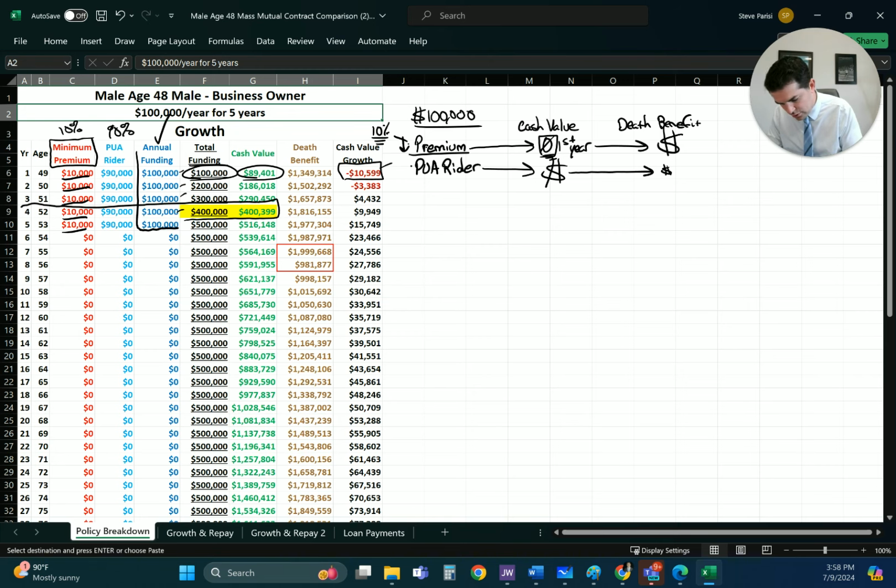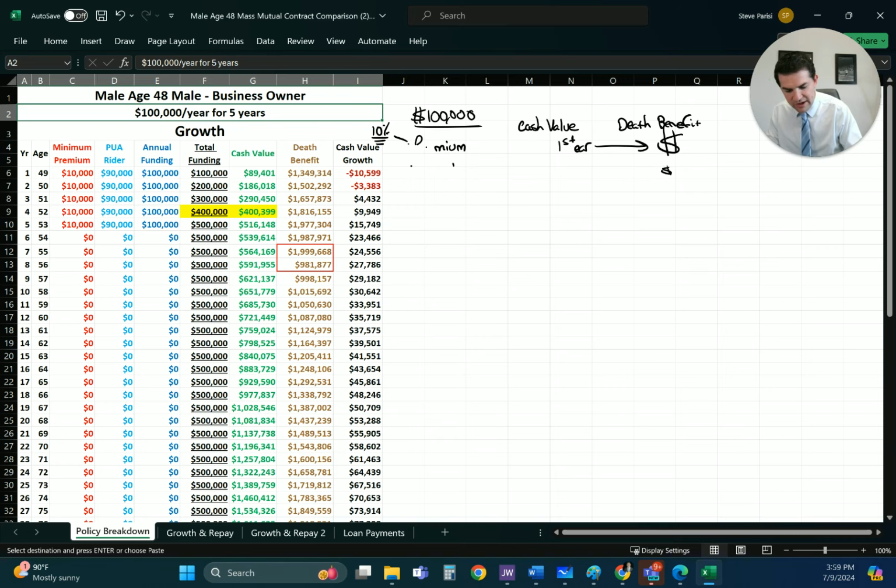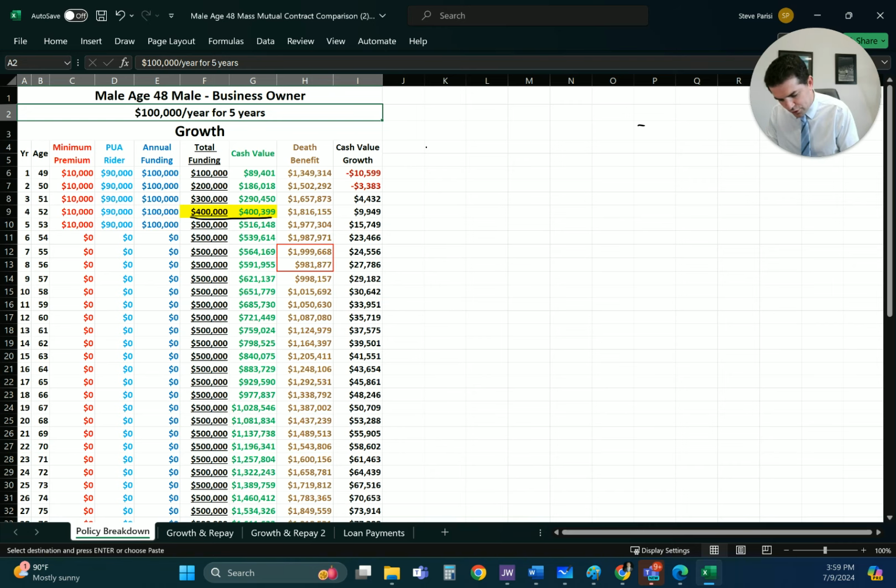Year 4, what's highlighted in yellow, represents his break-even point. At this point in time, the cash value is equal to the total dollar amount he's paid into the policy when we look at this. Okay, so I no longer have a loss here. And after the 5th year, I pay 0 in forever, and my cash value continues to appreciate over time. You'll notice here,